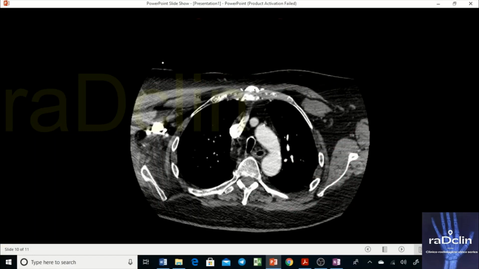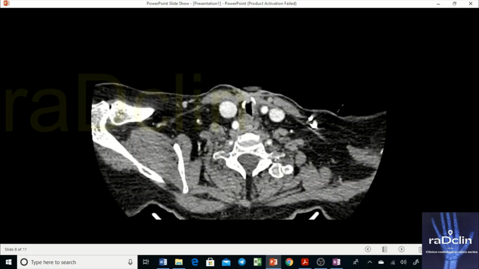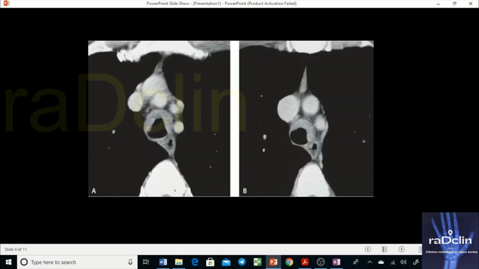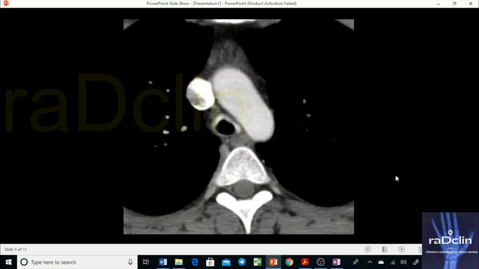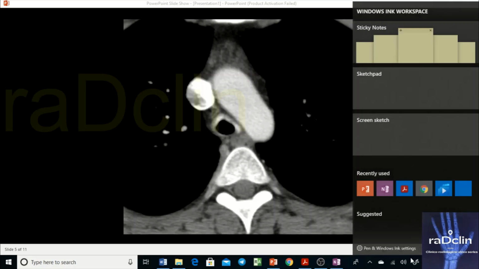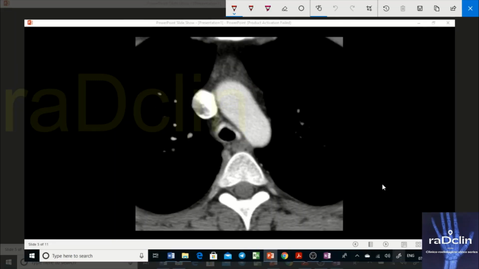Now we'll move towards some inflammatory diseases. In inflammatory disease, I'll discuss image by image. So let's discuss this image. If you see closely at this image, what exactly is it? What we are seeing here is, do you see any thickening? Is there any thickening? Yes or no? Answer is yes, there is a thickening.